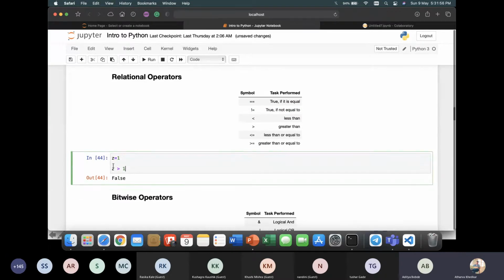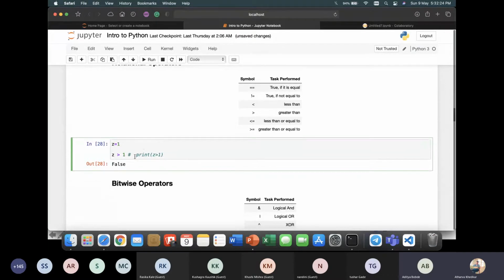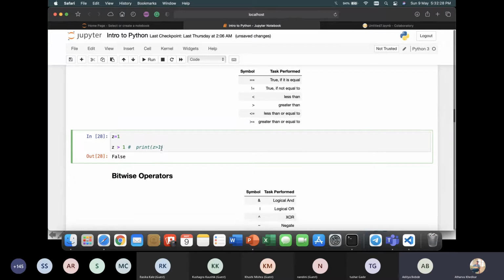Then I asked my compiler whether z is greater than 1, and I have written this statement last, so it's just equal to writing print z is greater than 1. This statement is just as equal as writing this statement. And that is the power of Jupyter or any other Python notebook IDE.